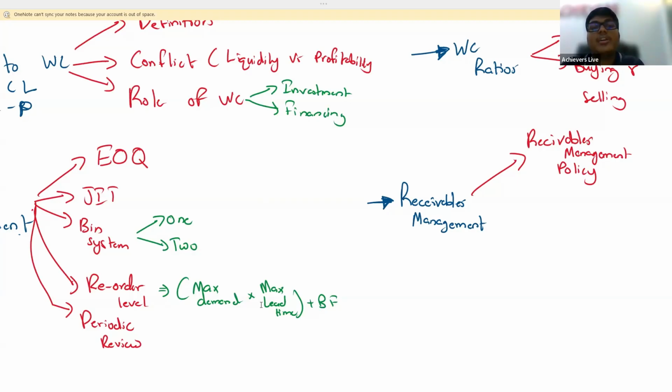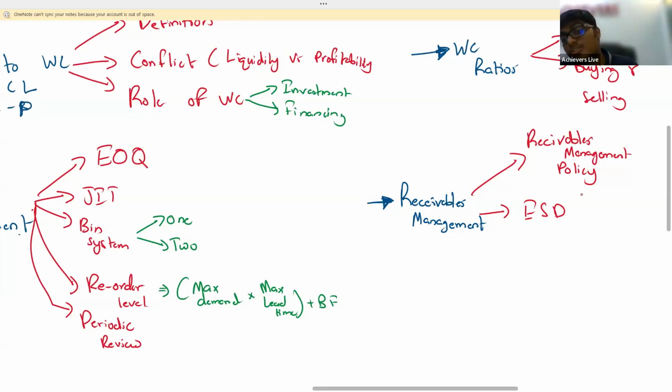Next, we are going to look at different methods to manage the trade receivables. First method is what? So you have to know, if all of the customers are accepting the early settlement discount, how do we do the calculation? If half of the customers are accepting the discount, half of the customers are rejecting the discount, how should we do the calculation? Both scenarios you have to do it. You have to know it.